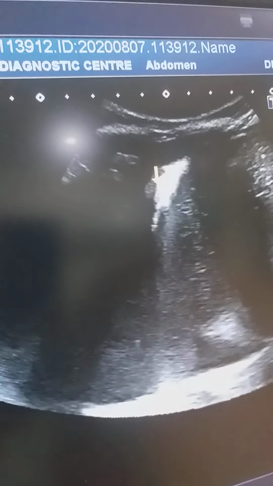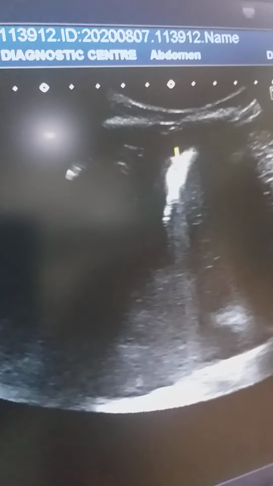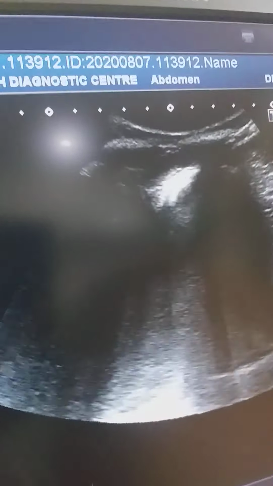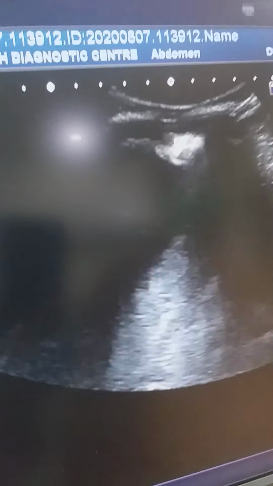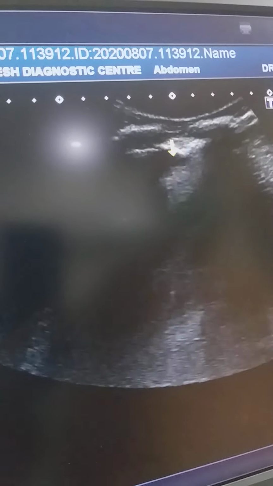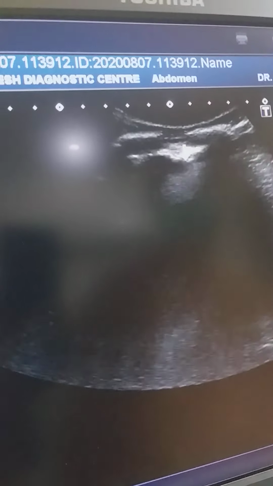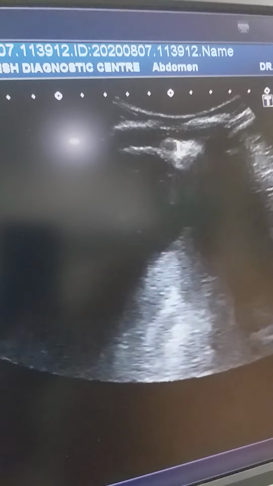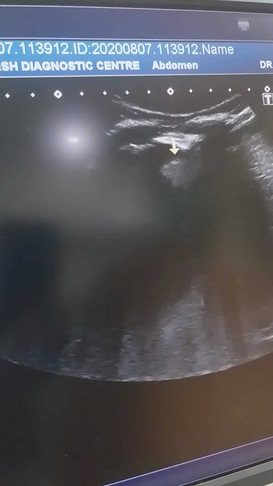And here we can appreciate the whitish line, which represents the foci in the tissue. Foci are bright. So this is the patch of consolidation,